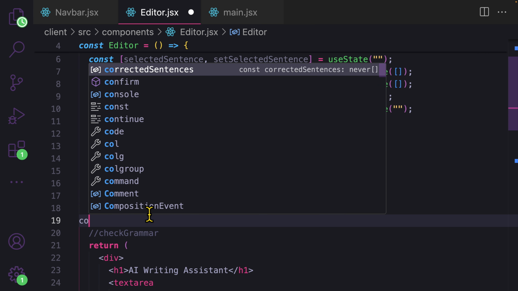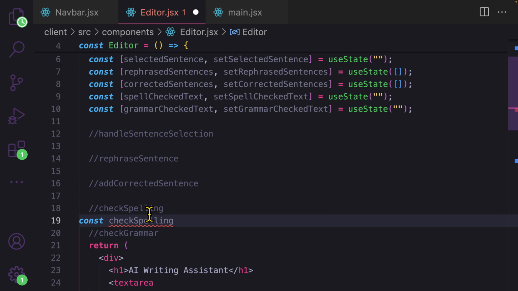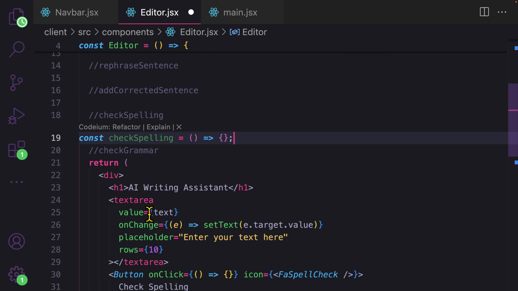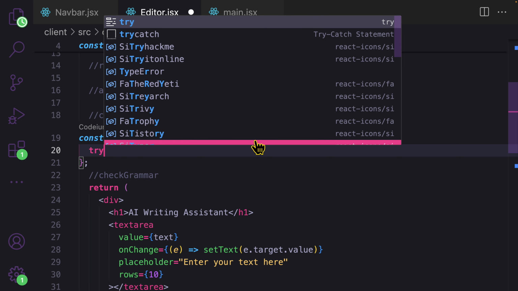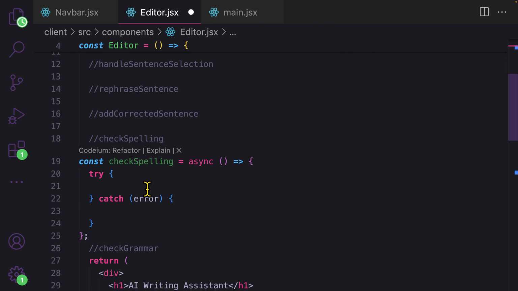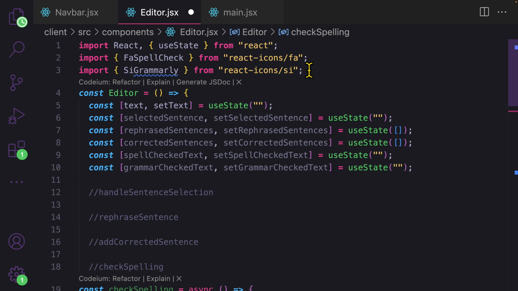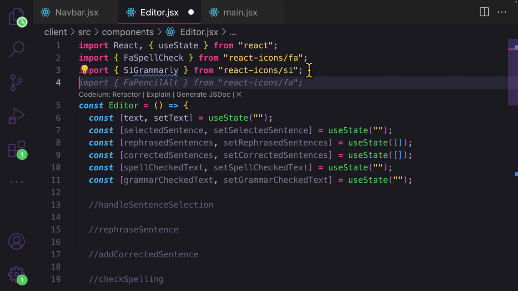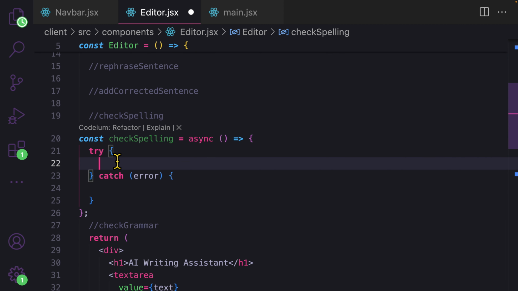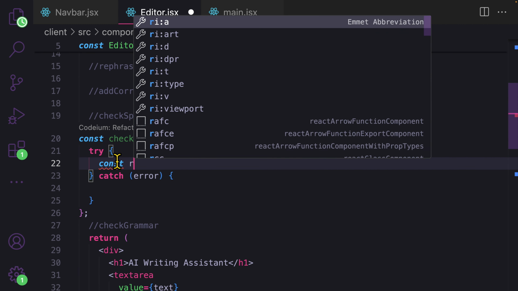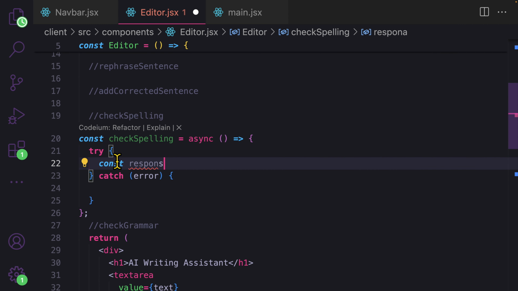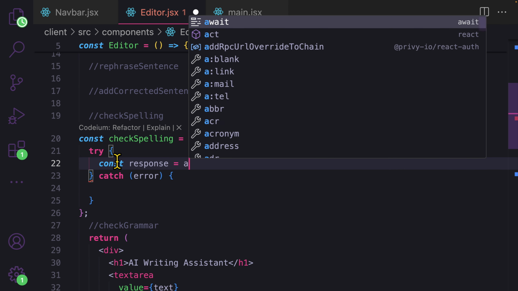So in here, I will say const spell checking is equal to that. And I'm going to mark this function as async. And in between, bring try and catch block. We will need Axios for the HTTP request as import Axios from Axios. So in the try here, I'm going to assign to response which is equal to await